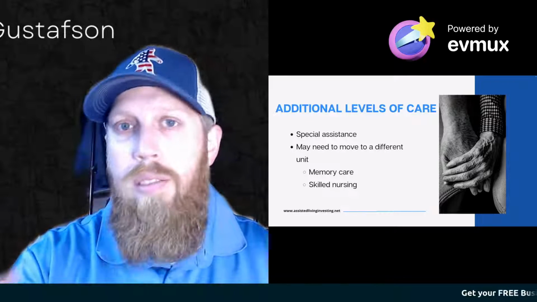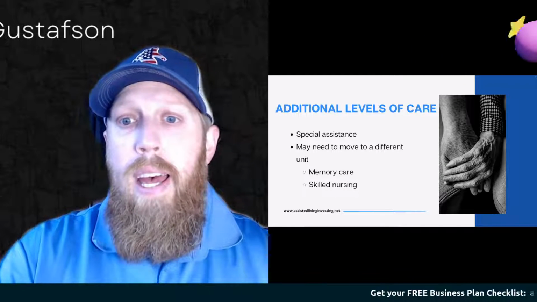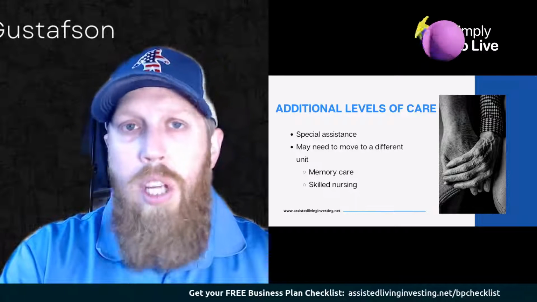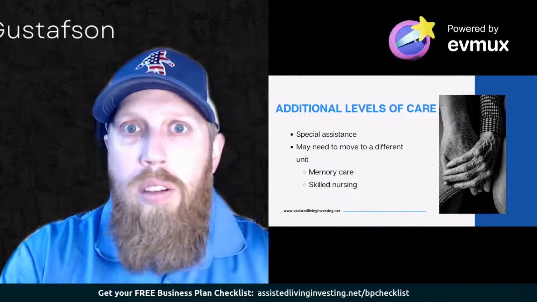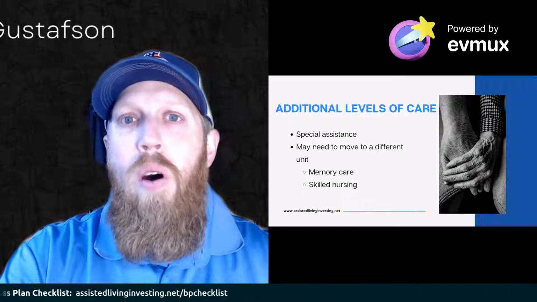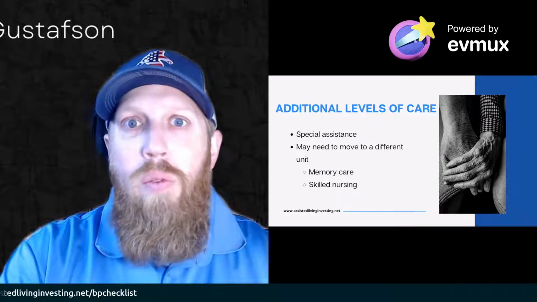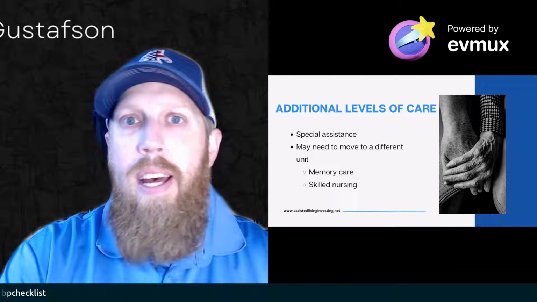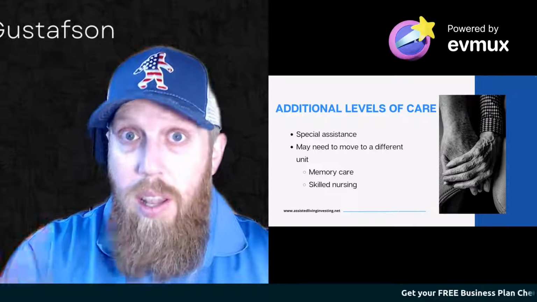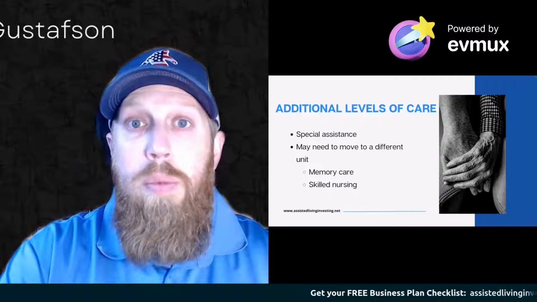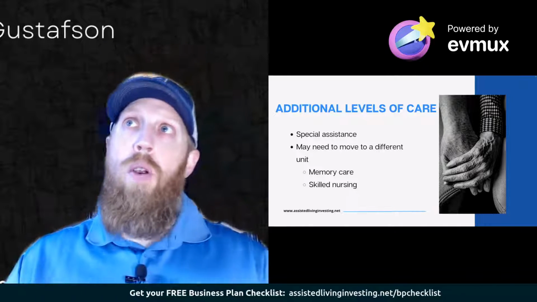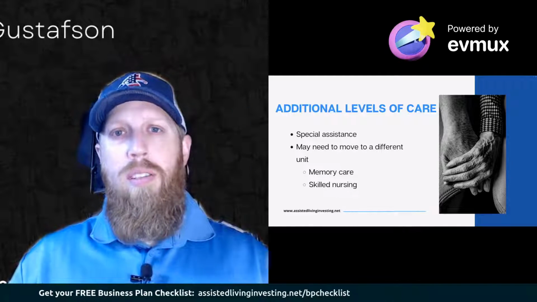You can structure these however you want. These additional levels of care are special assistance. I mentioned maybe you're changing a catheter, or you hire a nurse to do that type of thing. You are very, very hands-on in helping people do things. So you can see what that looks like, and for us in our facilities that would be a level 4 level of care. When you get to this point where they are needing more assistance than you can provide at your assisted living,